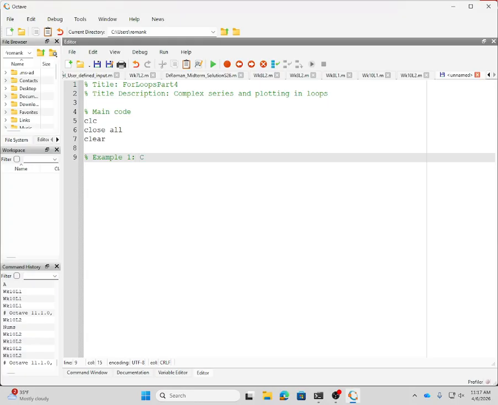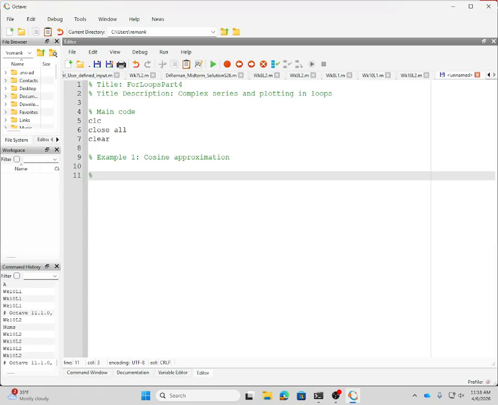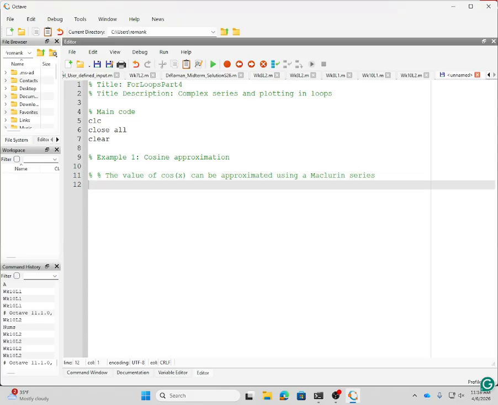You're gonna write a cosine approximation. I'll write a function for cosine approximation. Okay, let's start with that. So the value of cos x can be approximated using this thing called Maclaurin series. What is Maclaurin? Maclaurin is a guy, right? A mathematician who invented this series for cos function. What is that series? So it is cos x